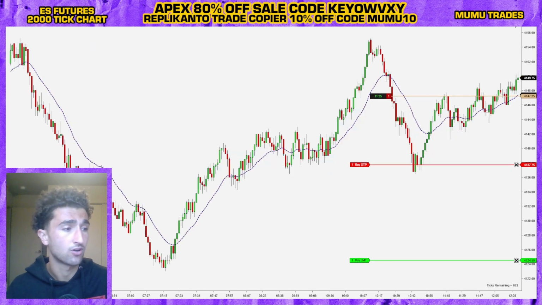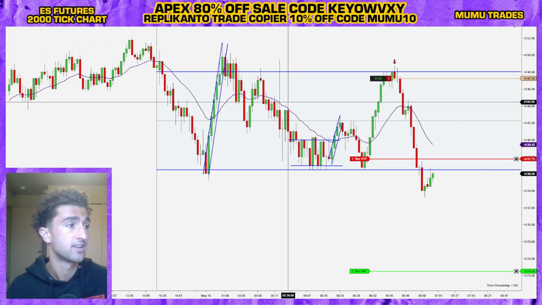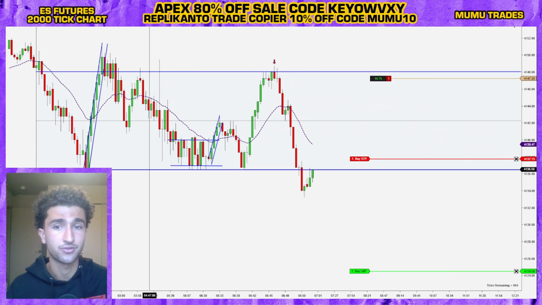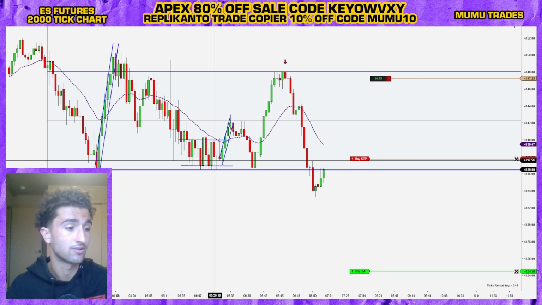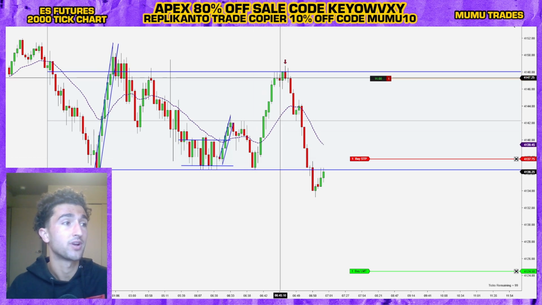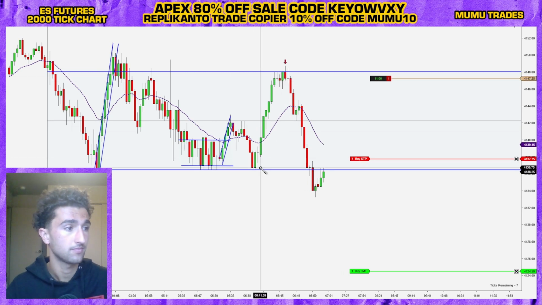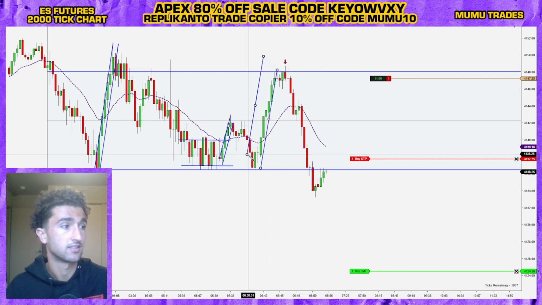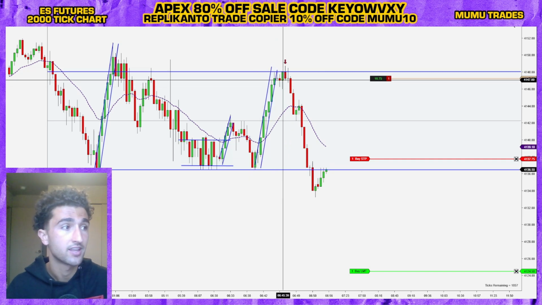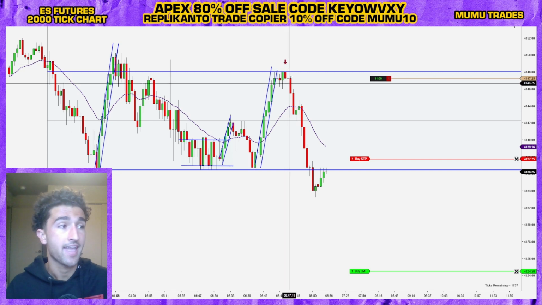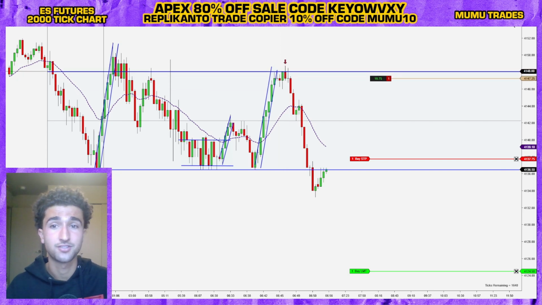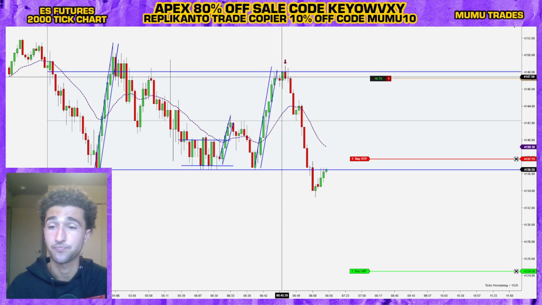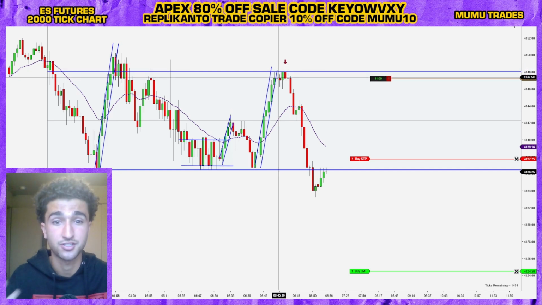Quick explanation on why I took the trade. We're clearly in a range, bouncing from the lows up to the highs, down to the lows. After market open, we went to the highs. We had a nice leg up. We had a break, new high, and a very bearish signal bar. So as soon as I saw this area of resistance, I was looking to potentially go short.